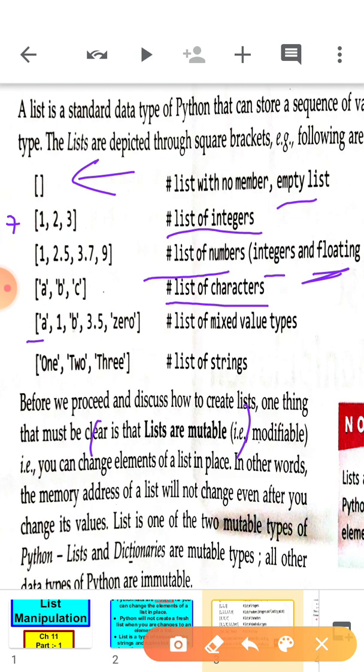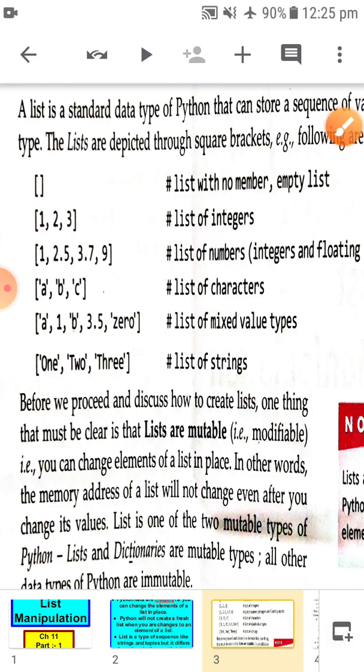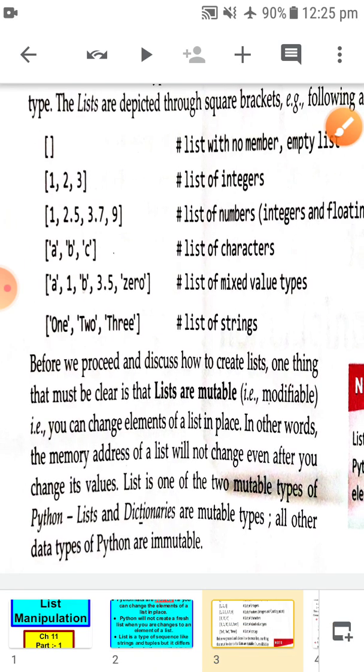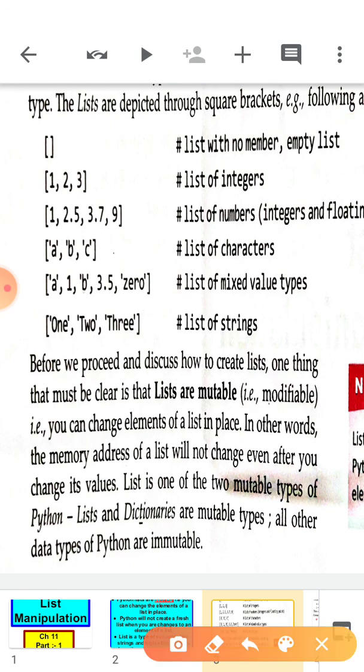Then we have 'A', 1, 'B', 3.50, so a list of mixed value types. Then '1', '2', all are strings. So we can create lists in many ways, with different values containing different data types. Before we proceed, one thing that must be clear is that lists